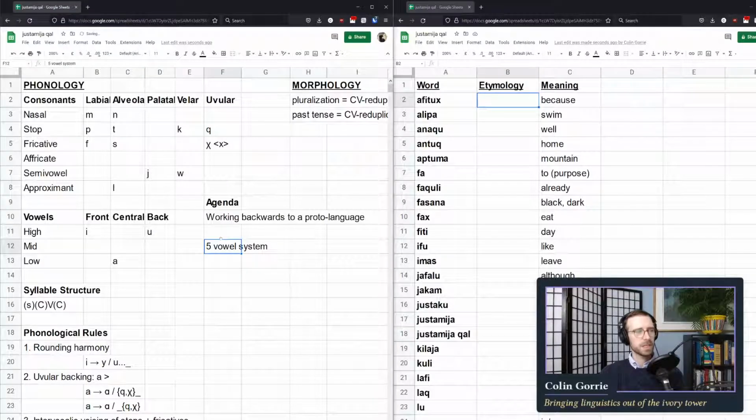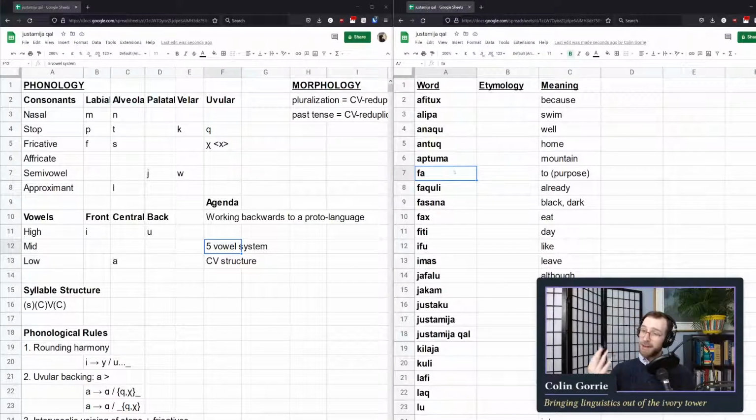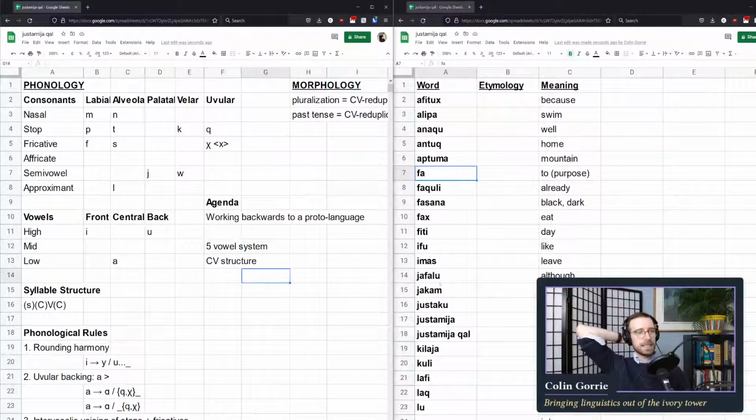So this is the proto-language. And rigid CV structure. What would that end up looking like? So we would have any kind of consonant cluster. Any consonant cluster would have to be broken up, and we would have more vowels in the original than we have now. And so we would have to have some way of deriving the 3 that we have now from the 5 we used to have. So let's take an example of a word that is kind of a good